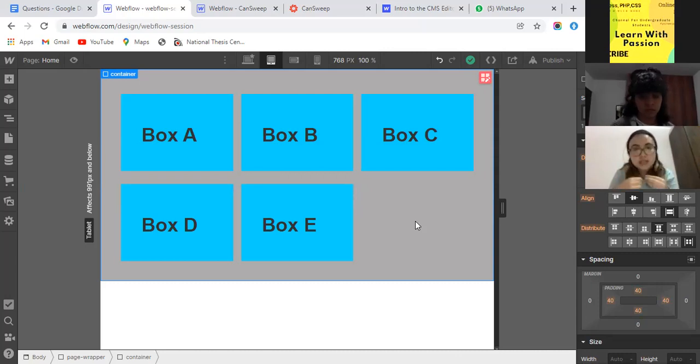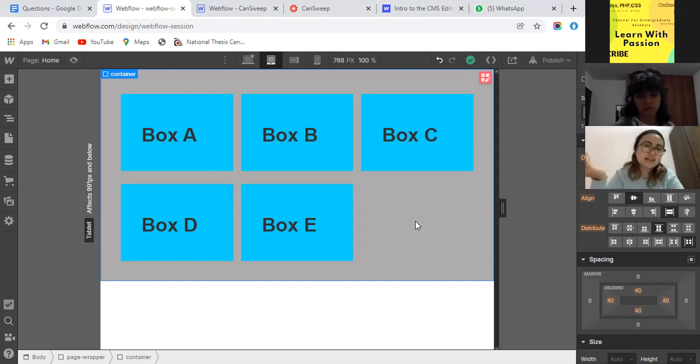So one trick was to put the minimum height, sorry, to 100 viewport height, not the base height, but the minimum height. That should keep everything in its own section. But I don't know, what do you think about that?